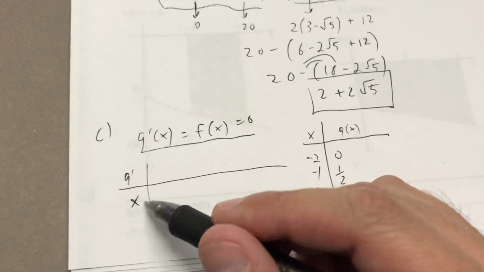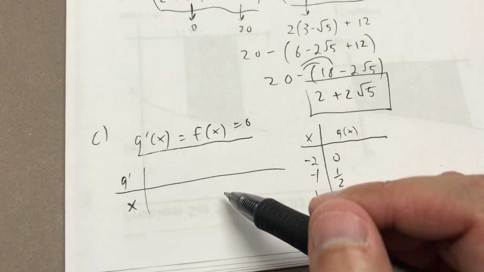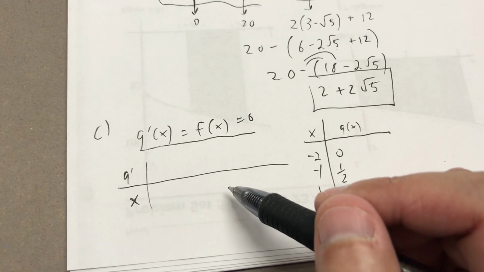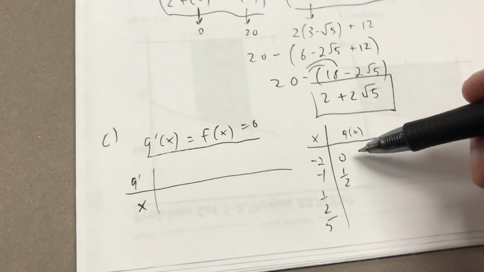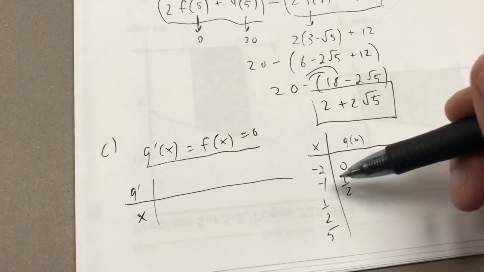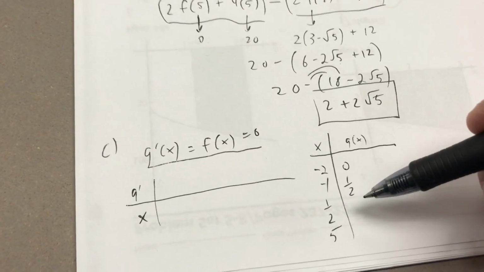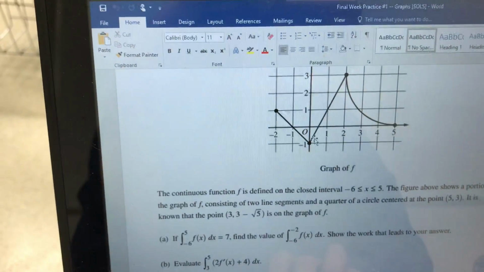By the way, I was going to make a number line here to see where g is increasing and decreasing based on the sign of g prime. But I realized this is just a relative maximum or minimum problem. So I just need to check all the function values of g at the endpoints and at the places where the derivative is 0. And the highest value is the maximum. I mean, that's it. So anyway, g of 1/2, if we go here and check that,